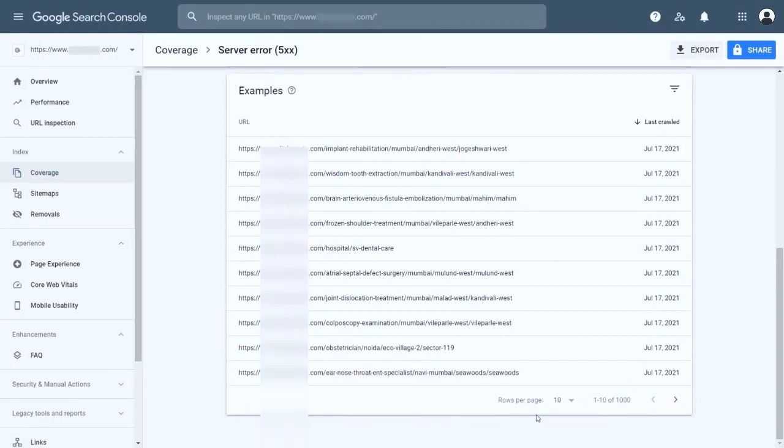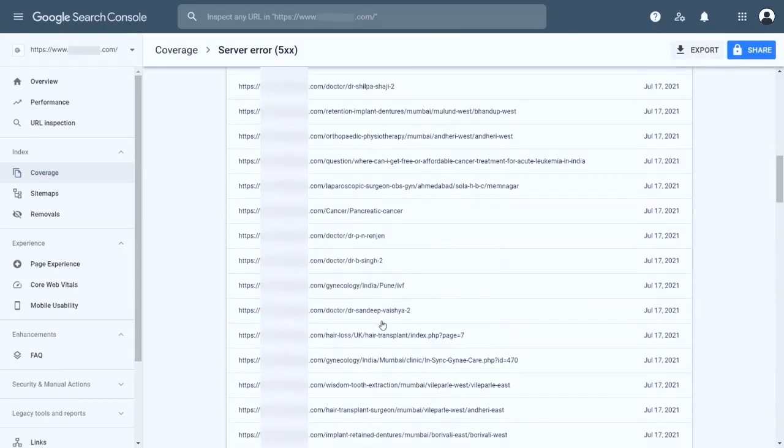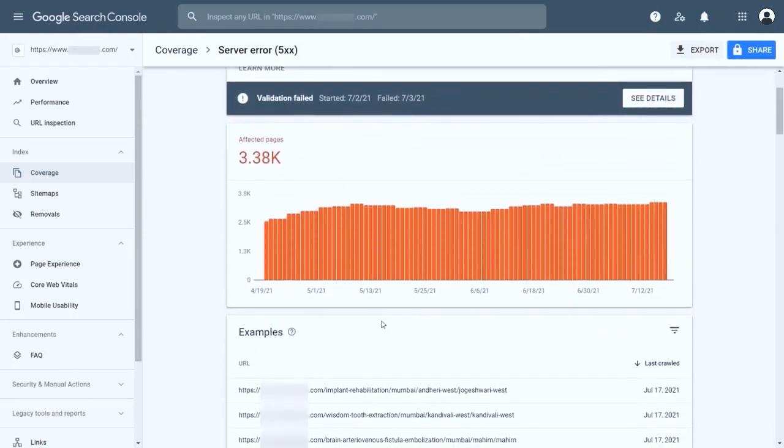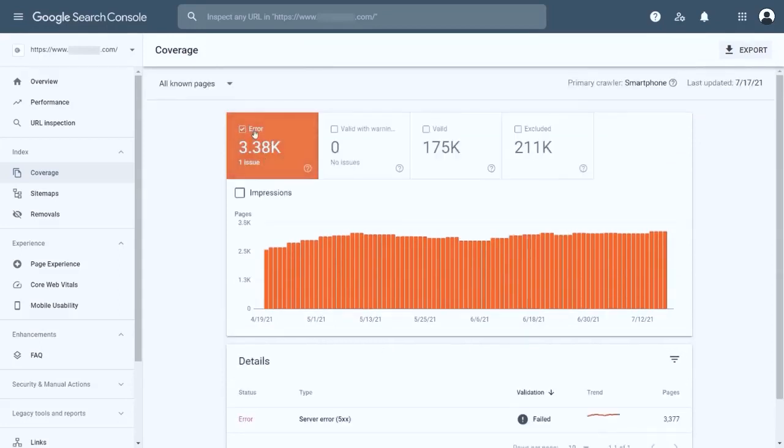Currently it is showing results for only 10 pages. If you want to see more pages, then click here and increase the rows per page count. We must resolve these issues as these pages are not getting indexed and we are losing traffic to our website. I'll be talking about different types of errors and how you can resolve them in my upcoming videos.